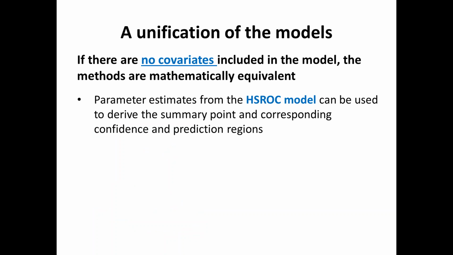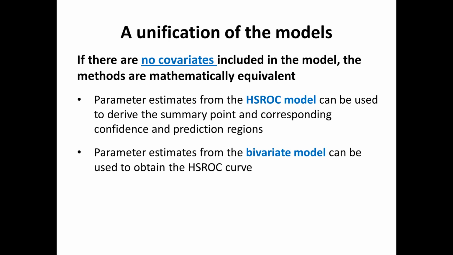And parameter estimates from the HSROC model can be used to derive the summary points, so the summary estimate of sensitivity and specificity, as well as confidence and prediction regions, which I will show you shortly. Parameter estimates from the bivariate model can be used to obtain the HSROC curve. So actually, when there's no covariate in the model, the choice of which model is